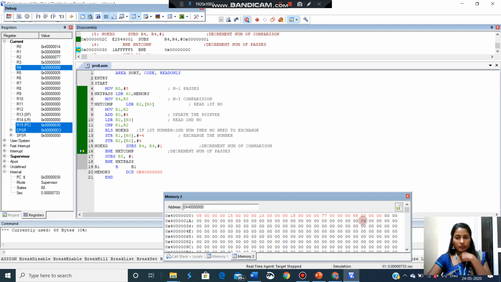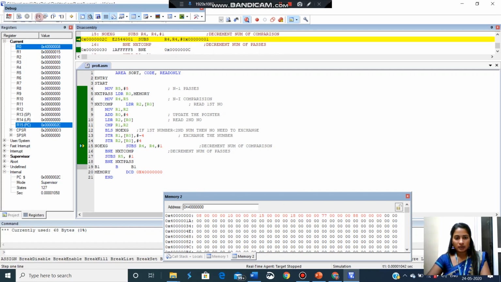This is the end of sort 1. Still we have 4 more sorting passes. Now 18 and 10 will be interchanged, giving 10, 15.